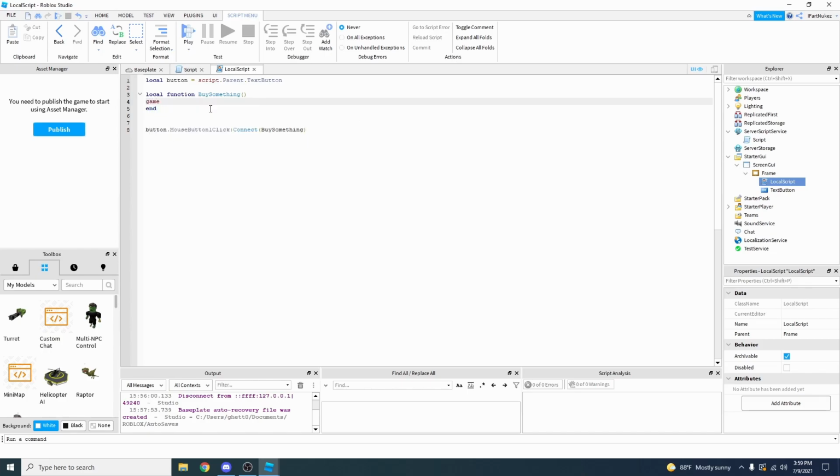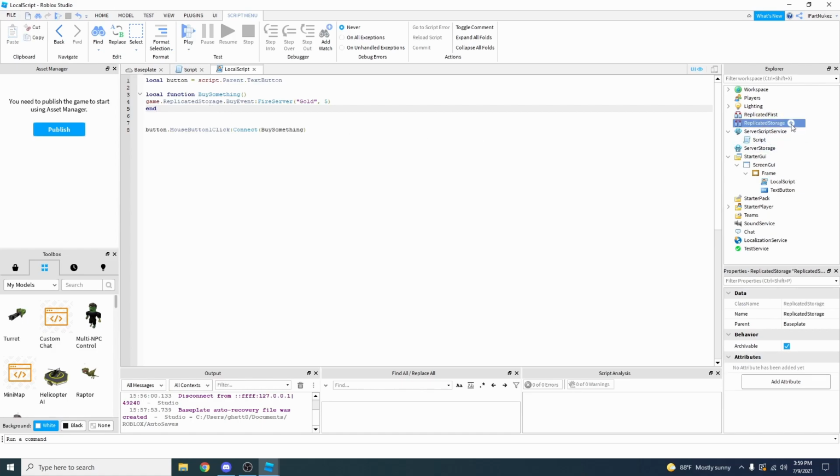Just for the sake of this video, we're going to type game.ReplicatedStorage.buyEvents:FireServer, and we're going to send basically the item that we're changing with this button, and we're going to do a comma and the amount, which is 5. Okay, so we're going to go ahead and go to ReplicatedStorage, create that RemoteEvent, and we're going to name that RemoteEvent buyEvents. Okay,